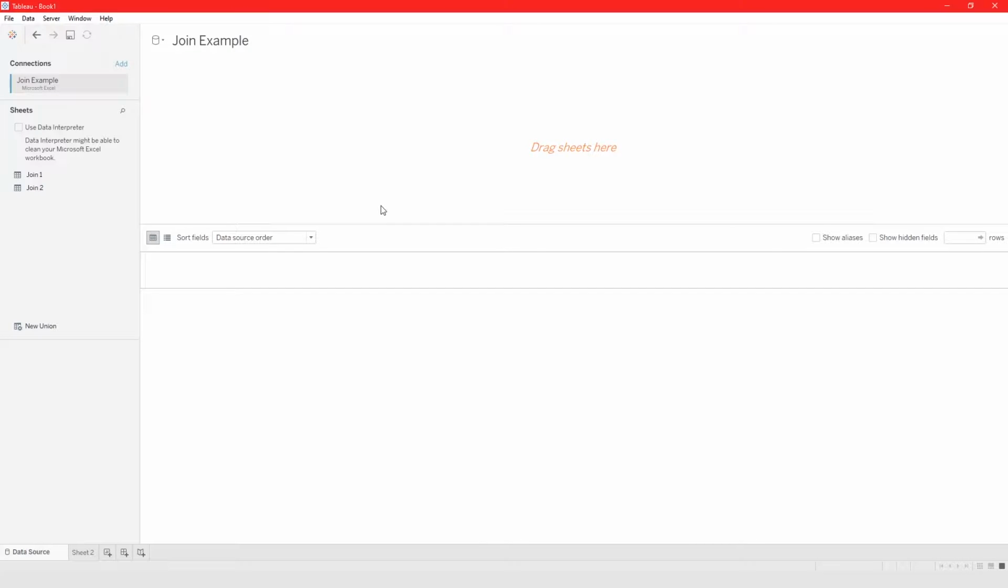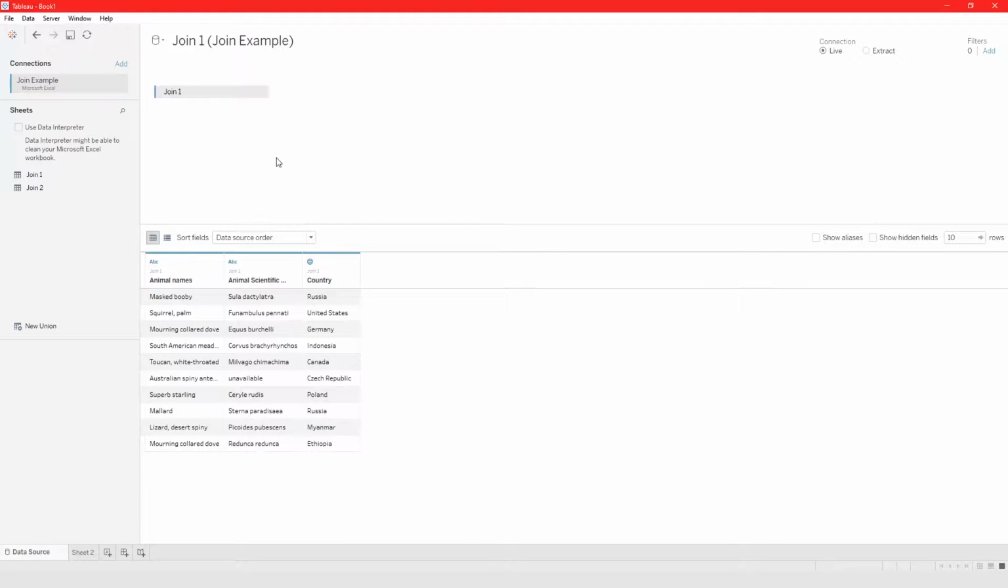So I went ahead and connected to an Excel file. If I bring this join 1 data in here, you can see a sample of the data. The data columns are animal names, scientific name, and country, right? And if I take this out